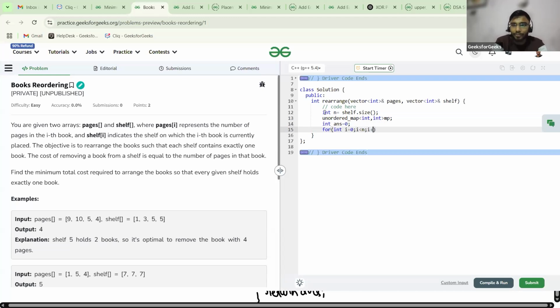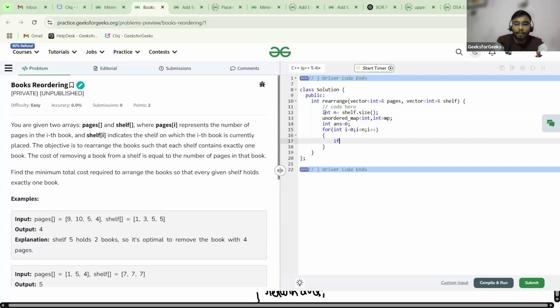If my shelf of i is not in the map, if mp dot find of shelf of i is equal to mp dot end.